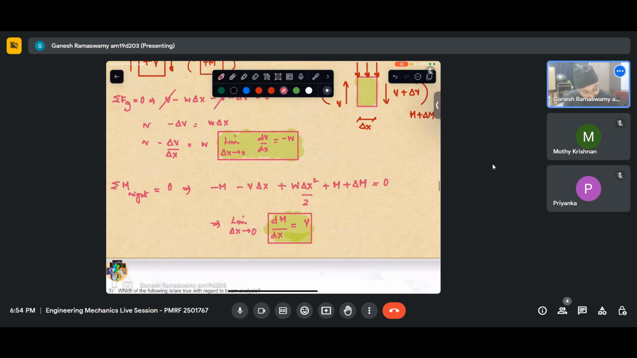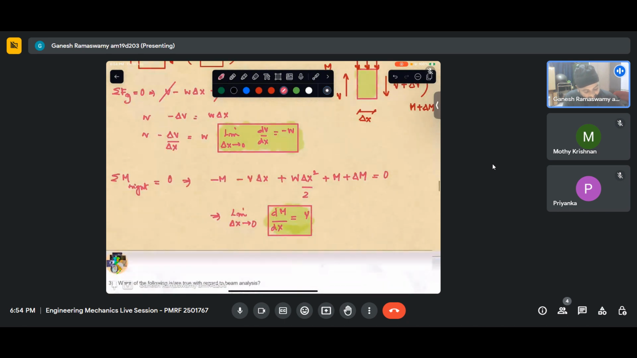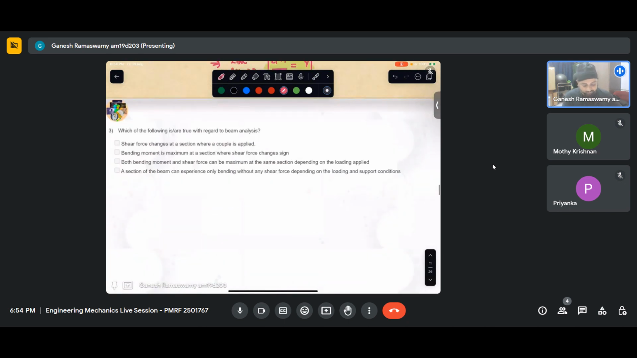Okay, so I have these two relations. Let us look at the next question. Which of the following is true with regard to beam analysis? Shear force changes at a section where a couple is applied. Now we saw that when I take a beam,